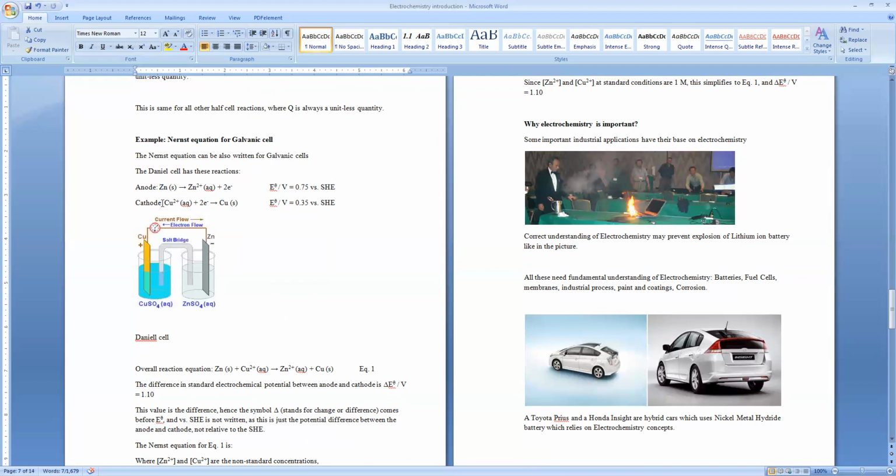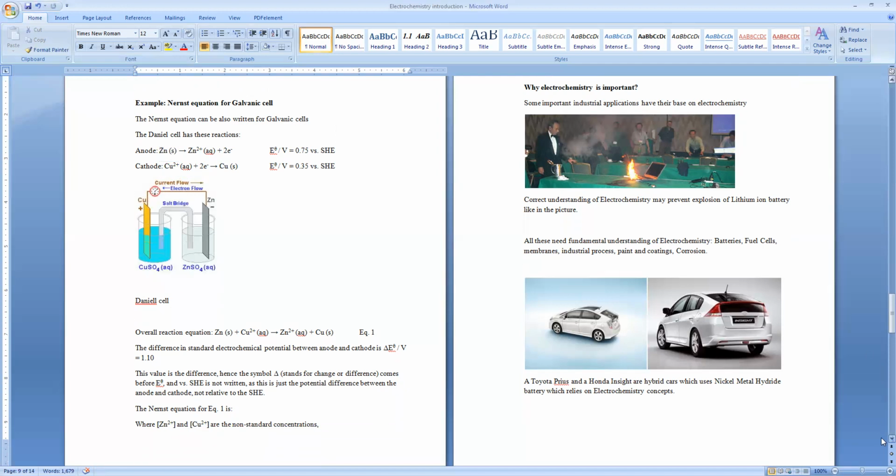And for the cathode, from the table you get the same reaction, with the same sign, because this is a reduction reaction. So when this reaction occurs at standard condition, it is 0.76 volt versus the standard hydrogen electrode. And when the copper reaction occurs at standard condition, from the table it is 0.34 versus the standard hydrogen electrode. So therefore, the Daniell cell,